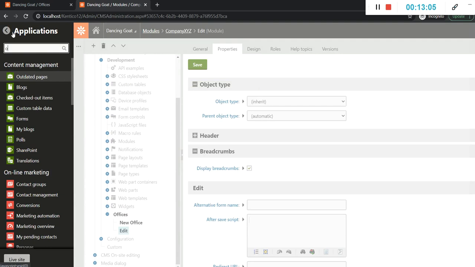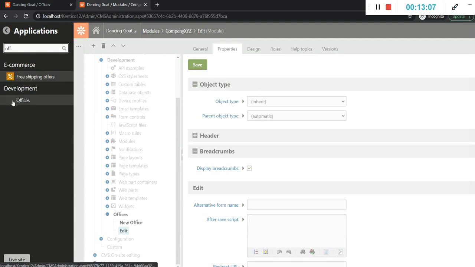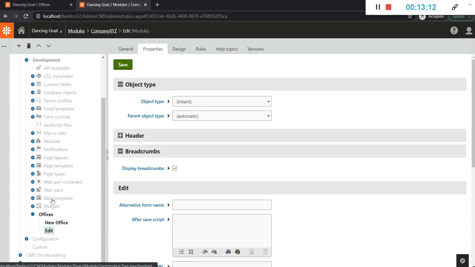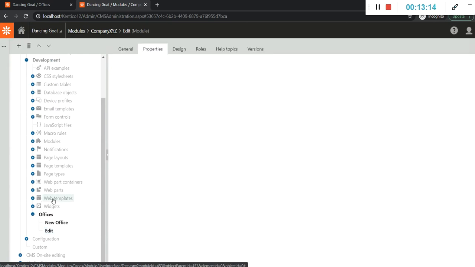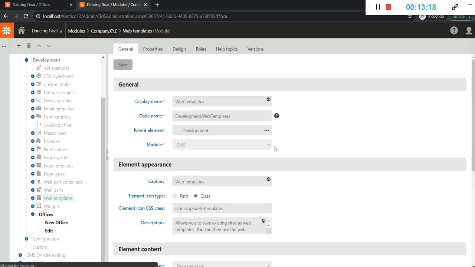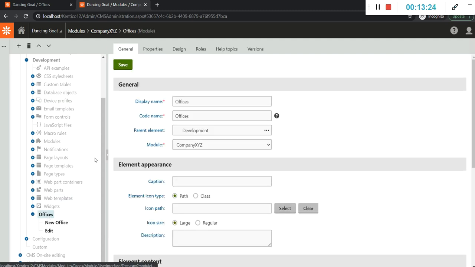As well, in the offices module you can see there is no logo. For the logo, for example, you need to copy this web templates type of logo. You can go here and check the icon. Whatever icon you would like to show here with the offices, you can add it from here.